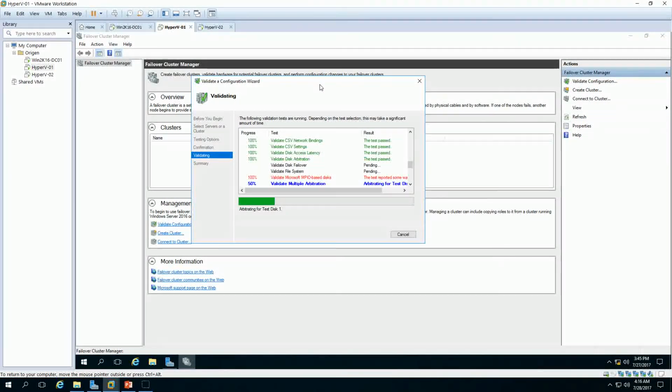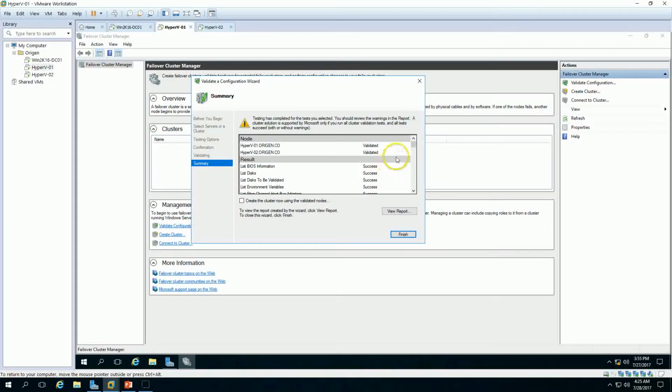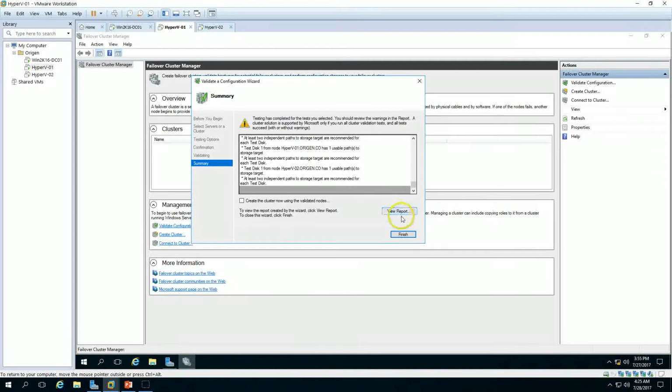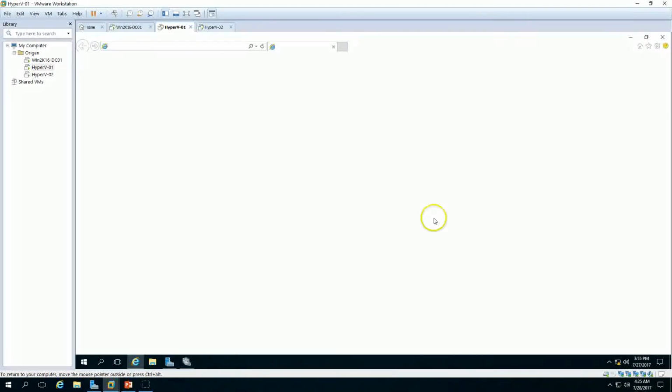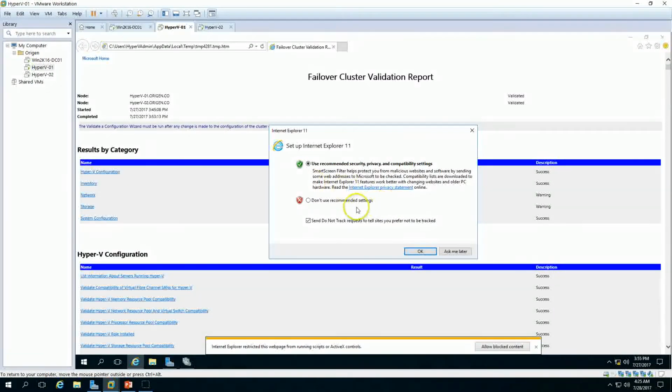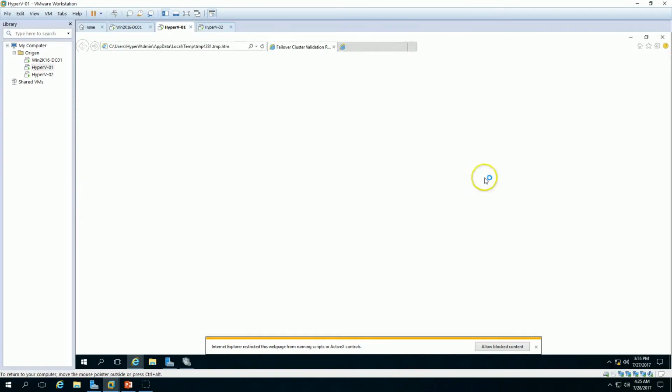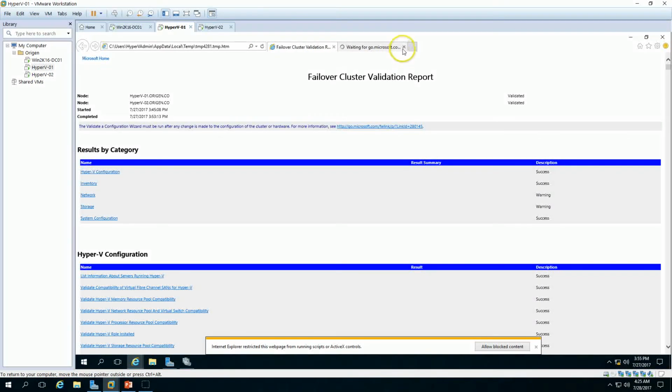So now the test is completed. You can see here everything looks good and everything has succeeded. So go here and see the reports, and you can see everything passed. We have a few warnings related to the network, which, if you click here, we have some